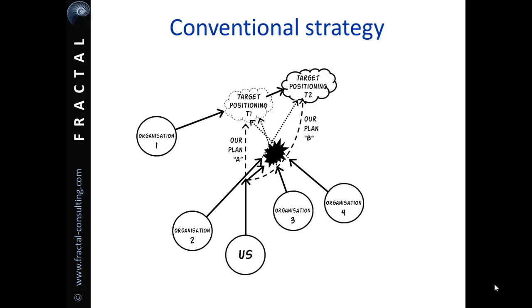Conventional strategy is quite abstract. It's a mental construct about what we plan and what we would like to happen. By contrast, this is much more gritty and real: capabilities and people doing real things in real places. Strategy as a set of manoeuvres that organisations execute, and we're primarily interested in what is happening and where that will take us, and only then look at what we can do about it.